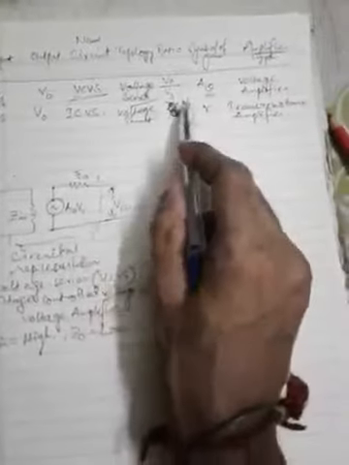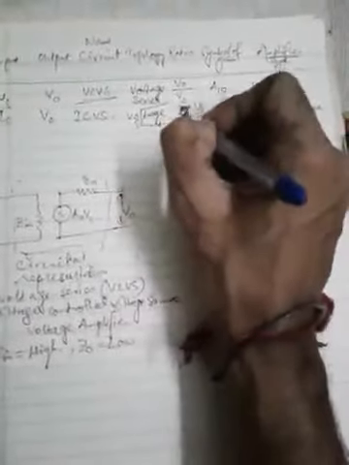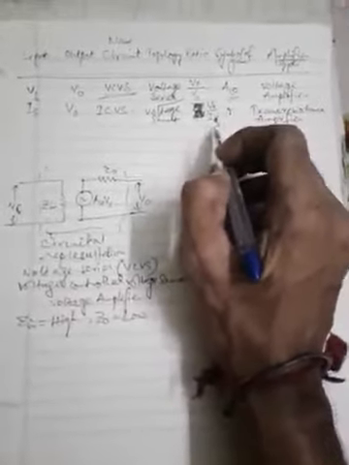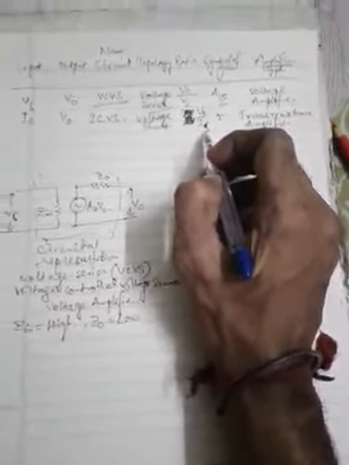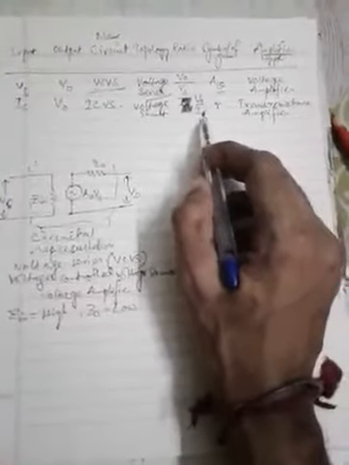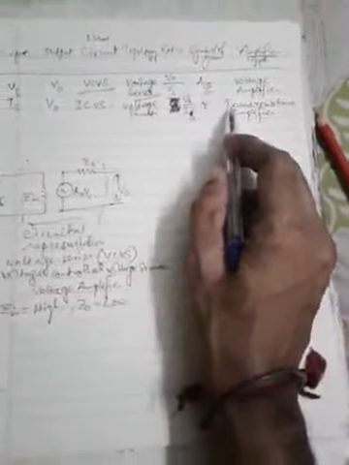Now why is the term trans resistance being used? Because it is V by I, so it is resistance, and since the gain of the amplifier is found in such a way that one quantity is taken from the output side and another from the input side, and we have made the ratio between the output side quantity and input side quantity. So from the input it is transferred to the output, and using the two we are getting the gain expression, and therefore this trans name is used.